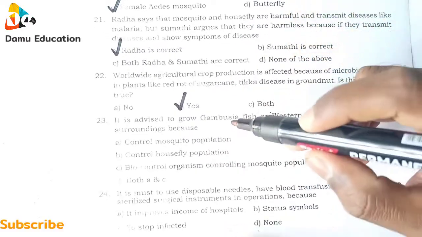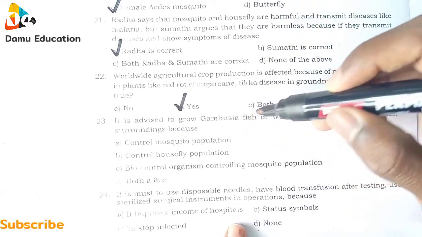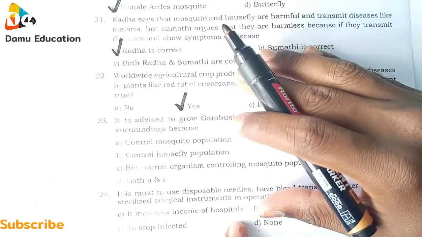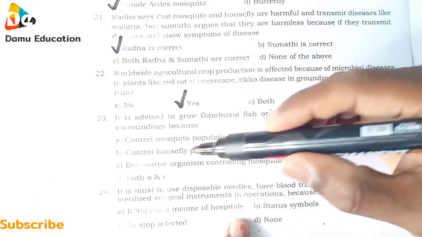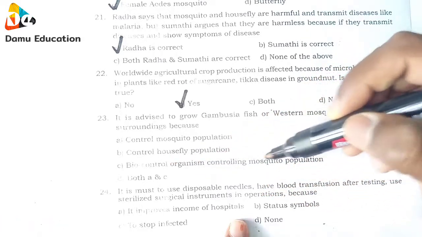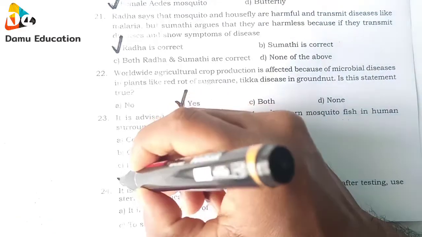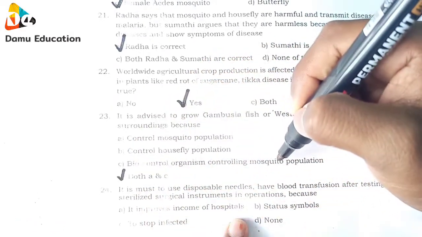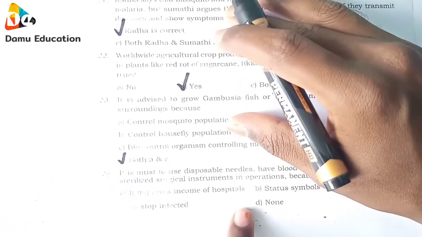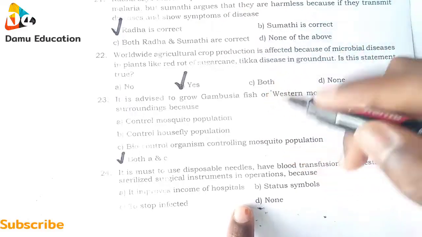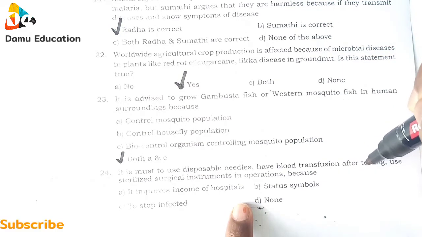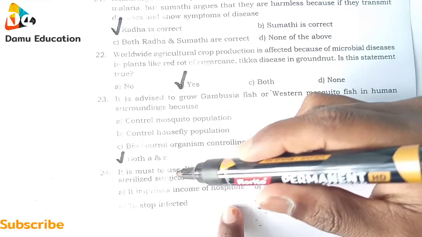Next one. It is advised to grow Gambusia fish or western mosquito fish in human surroundings because: first, control mosquito population; control housefly population; biocontrol organism controlling mosquito population; both A and C. Both A and C. So a biocontrol organism controls the mosquito population, it will be reduced. Then the 24th: it is a must to use disposable needles, have blood transfusion after testing, use sterilized surgical